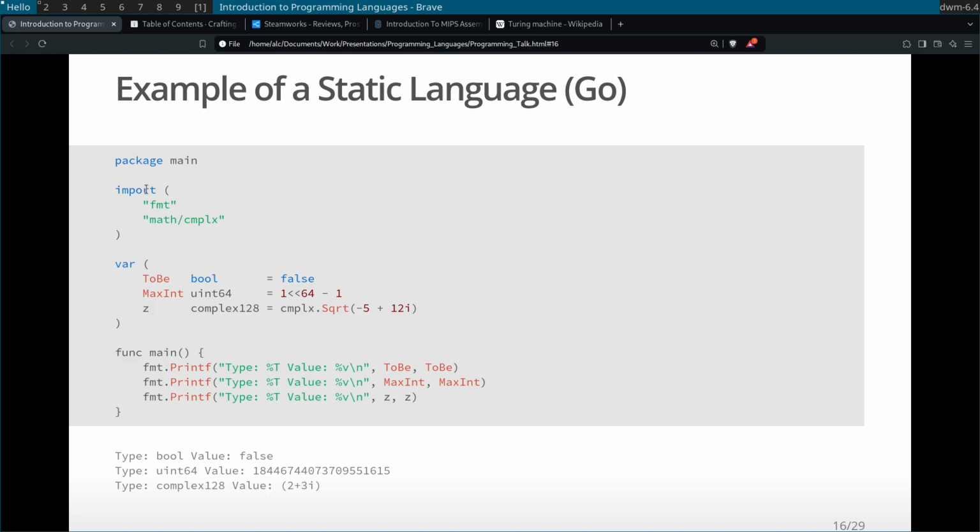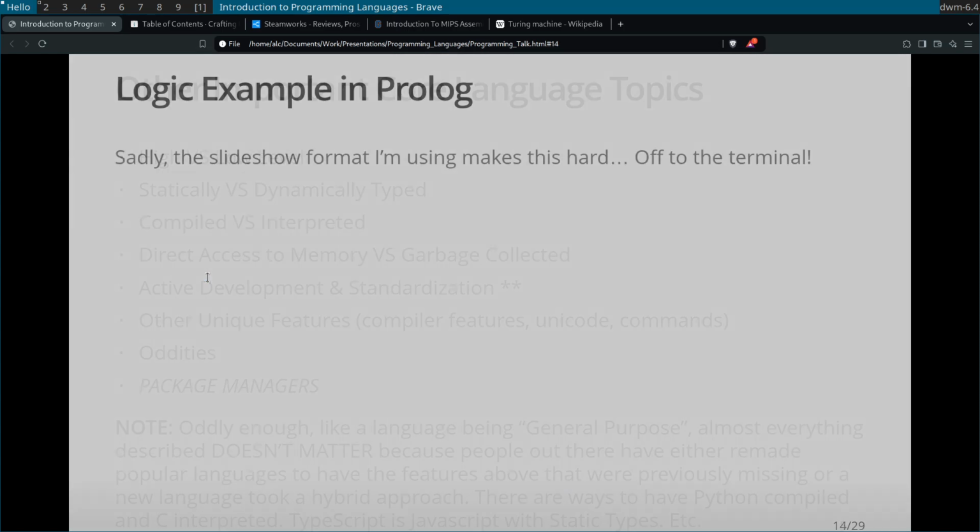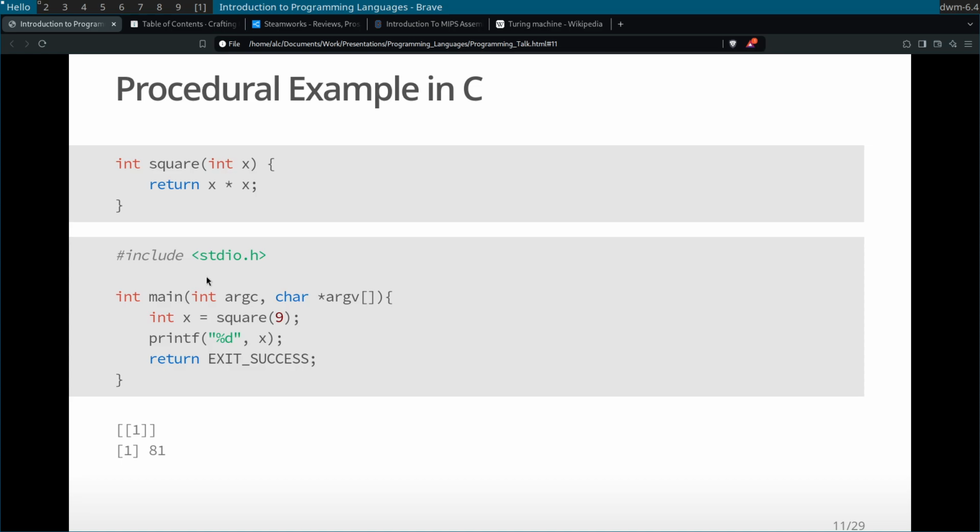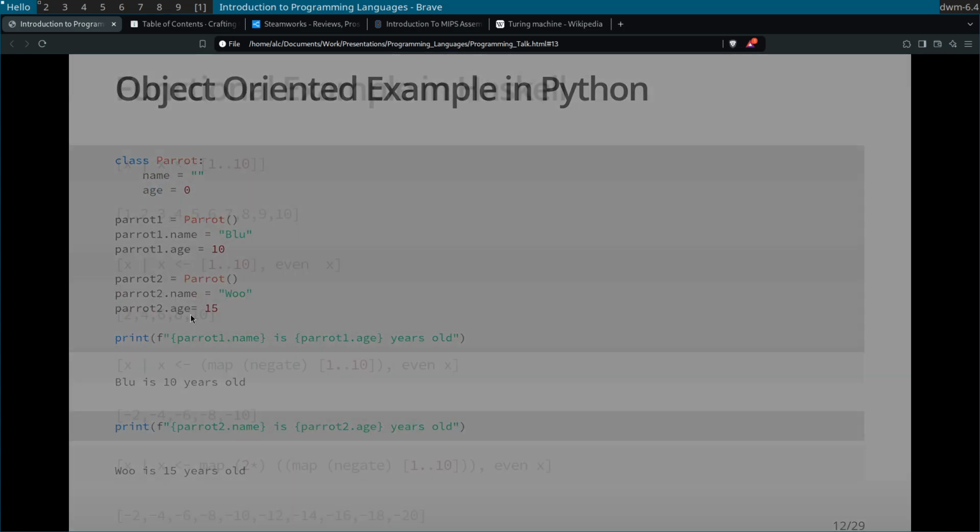What we're doing here is importing two libraries: the fmt package, which will allow us to print, and complex numbers from the math library. One nice thing about Go is that you have the variable name on the left and then the type on the right. Contrast that with C, which has the type on the left and the name on the right.